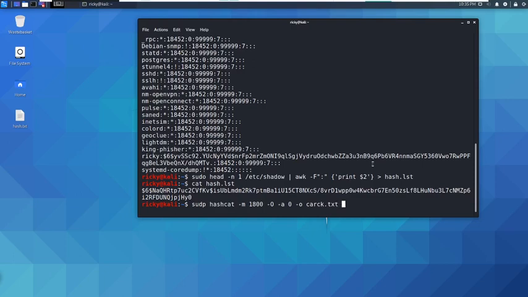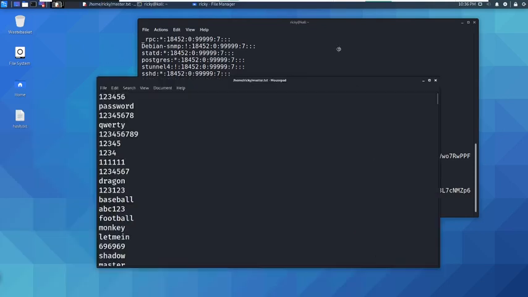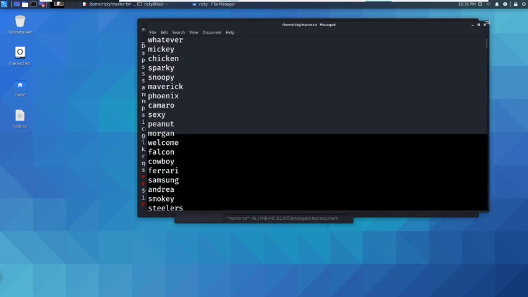Okay, and then I am adding which file you want to crack, where that hash is. My hash.list is also in the same directory. Then you have to mention the word list. I have my word list here in the same directory. This is my master word list. It is a nearly 46 MB file, and it has nearly 10 million passwords in it.